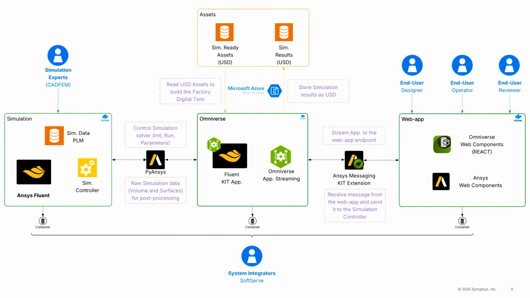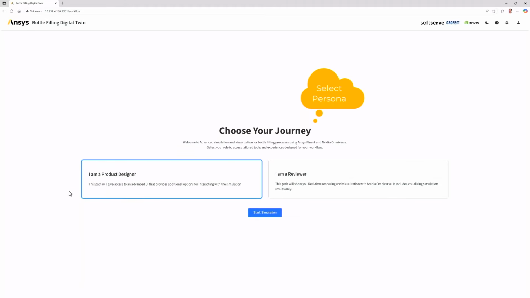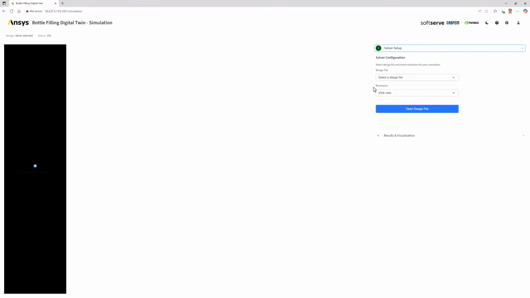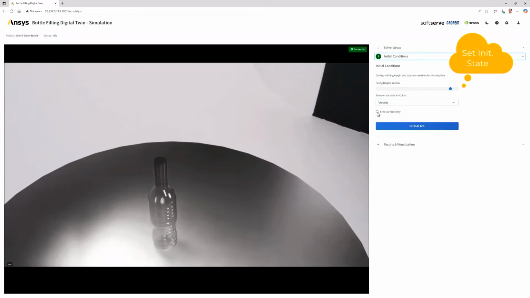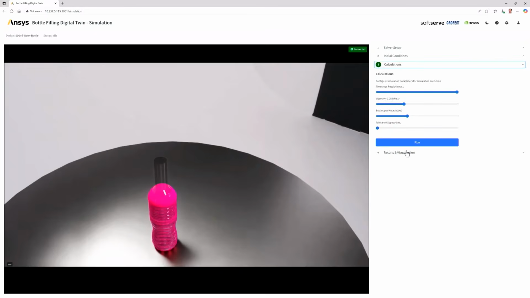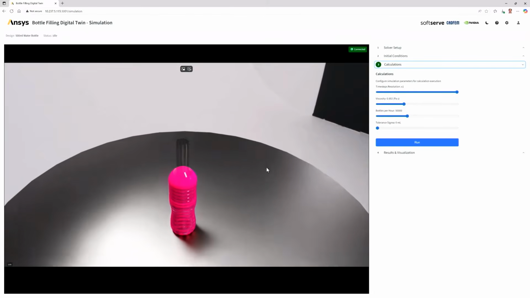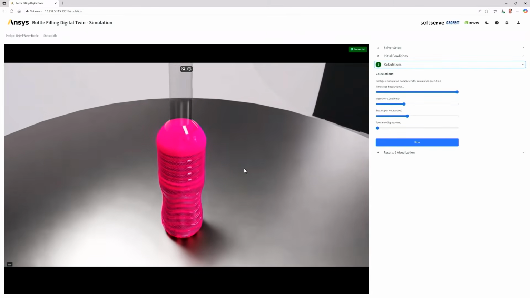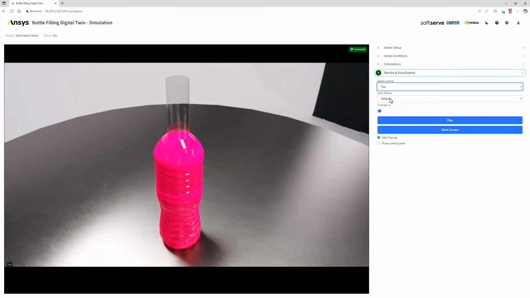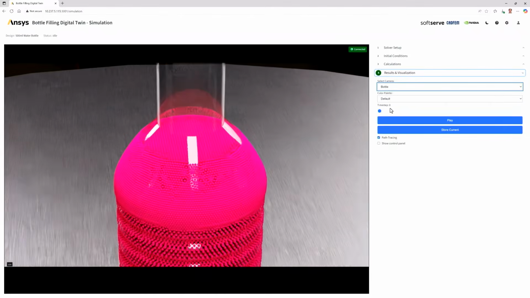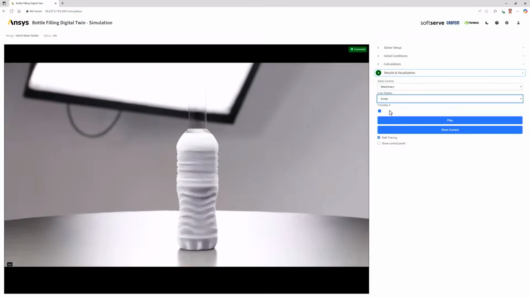So let me just show you a full end-to-end example demo. What you're seeing here, Don actually touched on this briefly. This entire workflow is addressing two main personas. One is a product designer. So here's an example where I'm a bottle designer. I'm not a simulation expert. I want to see how my design is going to operate in the real world when it is attached to a filler, which typically runs 50 to 100 different bottles in different conditions.